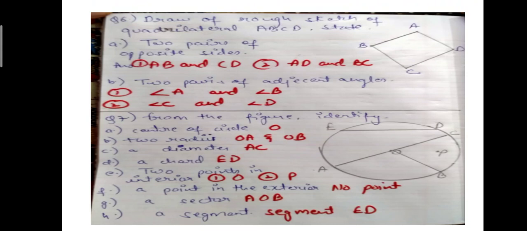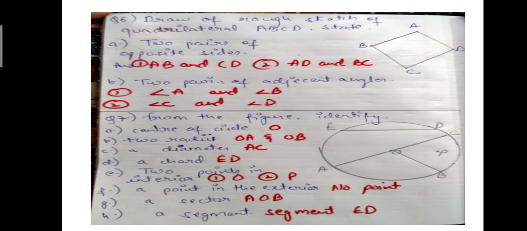Okay, now the sixth part. We have to draw a rough sketch of quadrilateral ABCD. When we were discussing this quadrilateral in the class, I told you that you have to name the quadrilateral in cyclic order. It can be in the direction of the clock, clockwise, or against the direction of the clock, which is called anti-clockwise. But you have to name it in a cyclic order. You cannot name it A, C, D, B. You have to name it in a cyclic order, then only your answers will be correct.